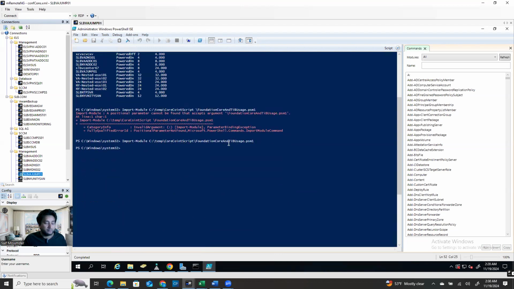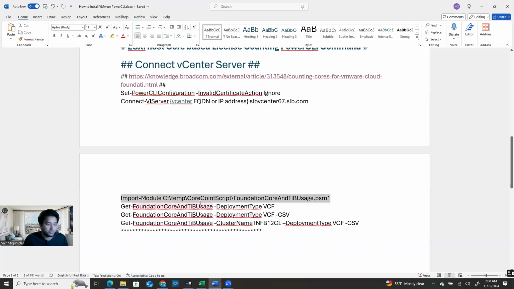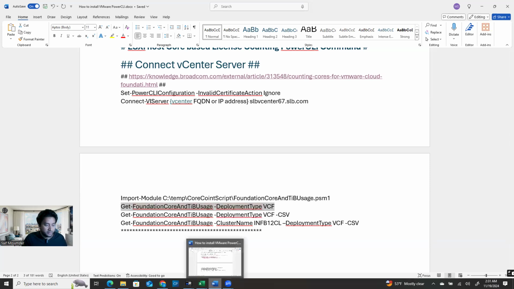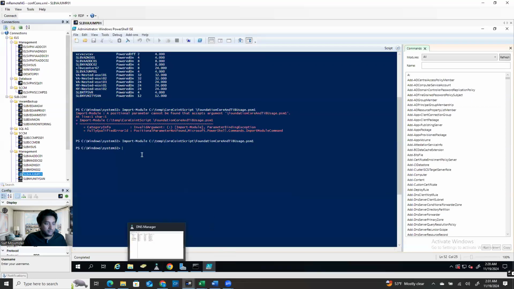My script is already embedded with PowerCLI. So I just need to run the command, and that command will show me the total core count. Copy and paste it here.